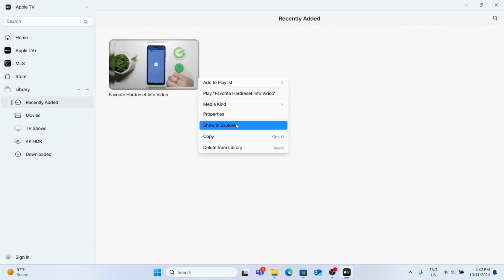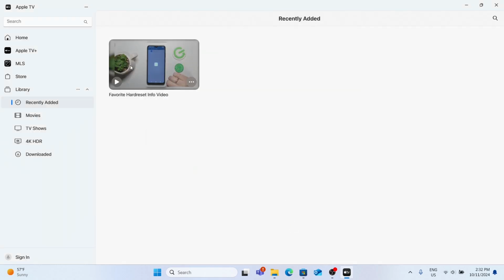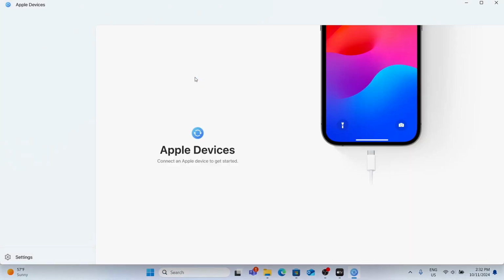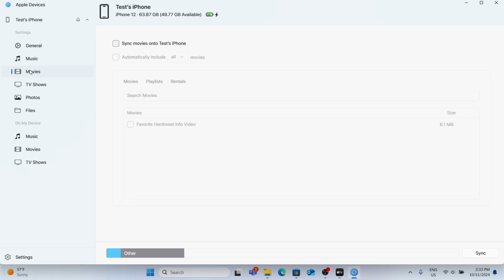I can click on these three dots and click on properties to change the data about that video, and then click on OK. And now when I want to sync it to my iPhone or iPad, I need to go to Apple Devices on my computer, then connect an Apple device, and if it asks me to enter a password, then I need to enter it on my iPhone, and then I can go to movies, sync movies onto iPhone,